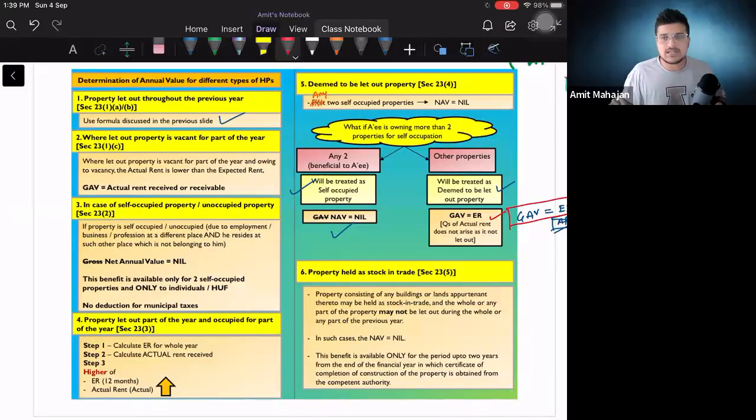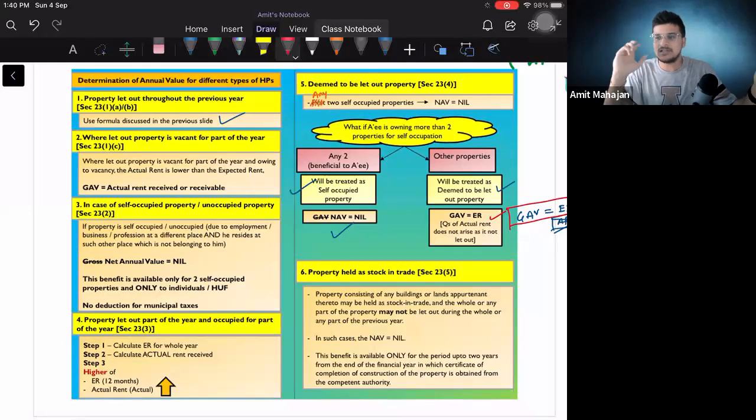Yes. So I was saying, what will be today's agenda? Today's agenda will be to complete the house property revision, and after that we are going to solve house property questions. Right? Unlike residential status, where there were certain questions where we didn't require any writing